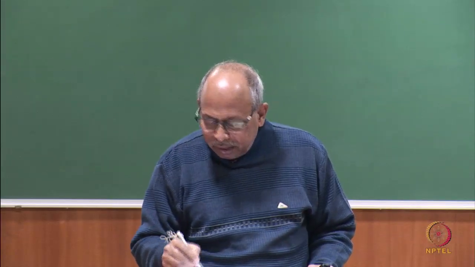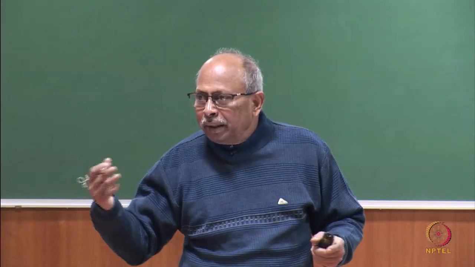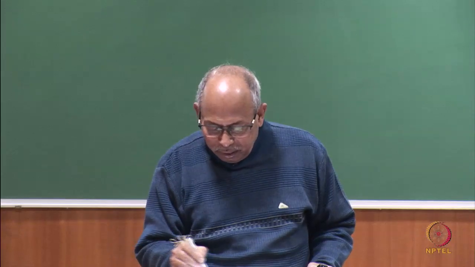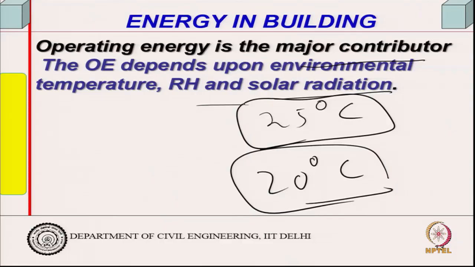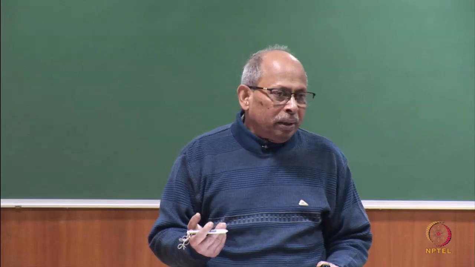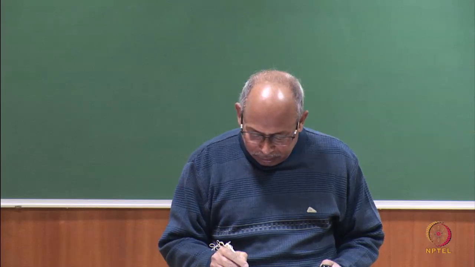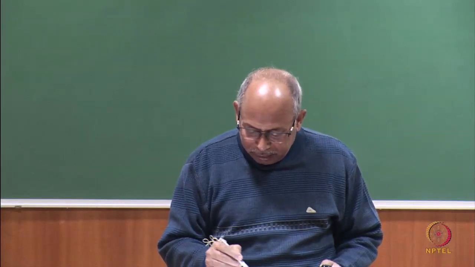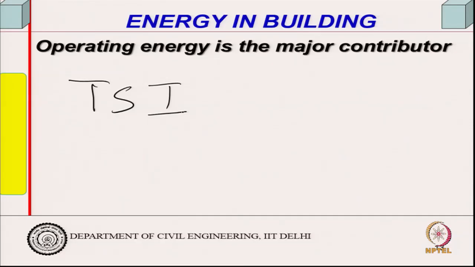So, today of course, outside is all cool, but in summer time it will have higher temperature outside, solar radiation falling onto it. So, you have ways and means of calculating this. We might look into some of them or may not, we will see that. So, operating energy depends upon environmental temperature, outside relative humidity and solar radiation, because thermal comfort depends upon relative humidity. If you can recollect, we have seen that there are 4 factors which govern the thermal comfort. If you recollect something like TSI, tropical summer index, just for your recollection,